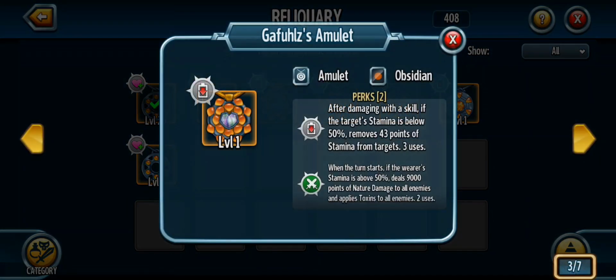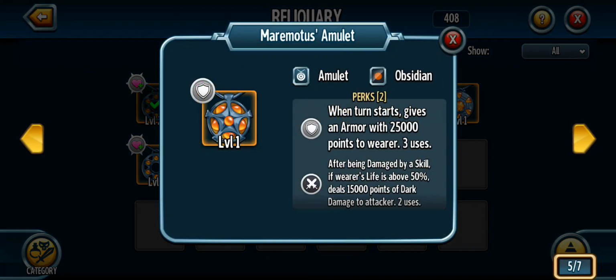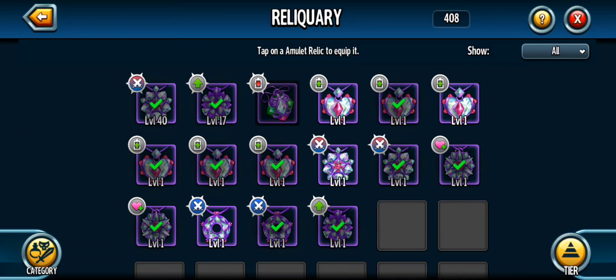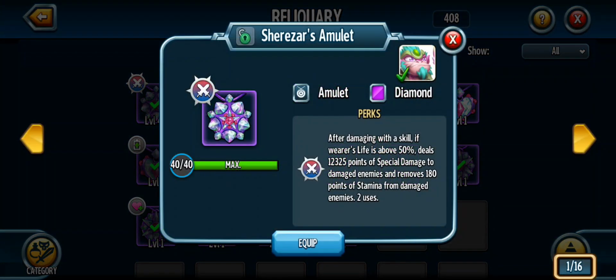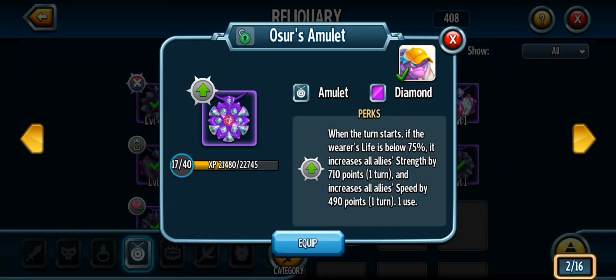No, it was this one, Galzabul's amulet. I don't have it. That's the one I want though. So I'm gonna try and get that for you guys. But for now, I would recommend Tyani's amulet if you don't have that, with that stamina and that nature attack,